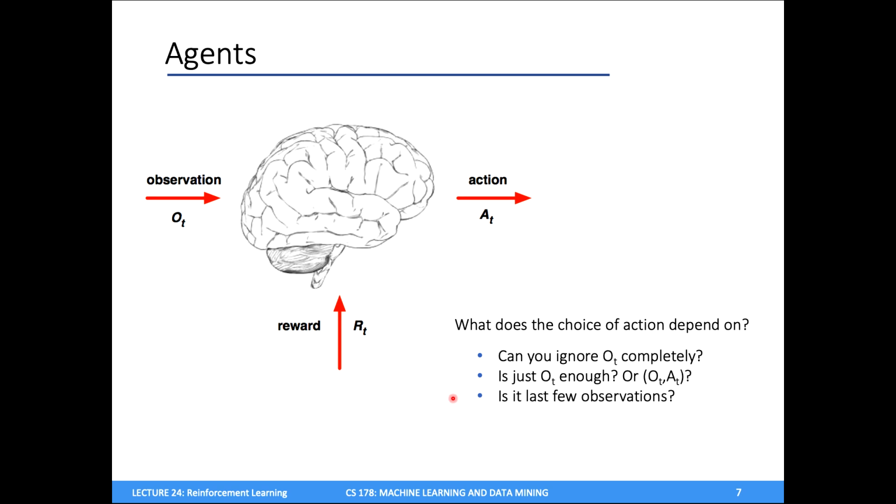If I'm looking at the observations from the world, is it enough to just think about what happened in the last few time steps? Maybe the last 3 observations or something like that? Or do I need to really account for all of the observations I've seen so far? Do I really need to think about what happened 10 years ago to decide what I'm going to eat for breakfast tomorrow? So there's lots of different ways you can combine the information you're taking in from the environment in order to decide on what actions to take.